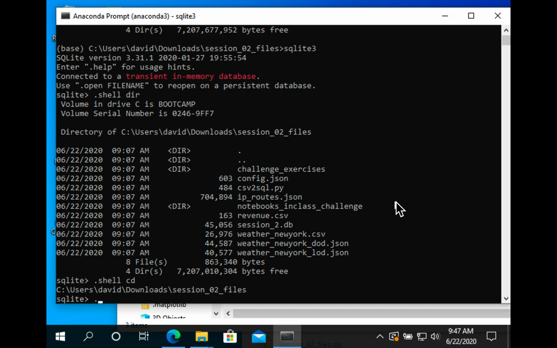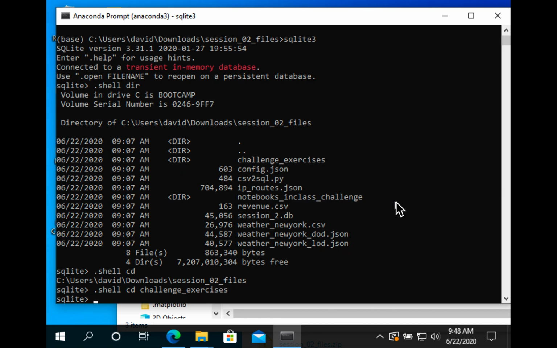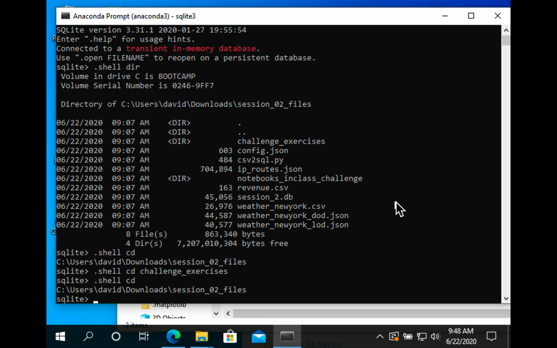I could also issue, I believe, a cd command to get me to another directory as well. Like, let's say I wanted to go into challenge exercises. I should be able to do that. And now I'm in challenge exercises. Oh, it didn't work. I'm sorry, that doesn't work from here. Well, okay, that's fine. We should just think about using the shell command right now for the cd and